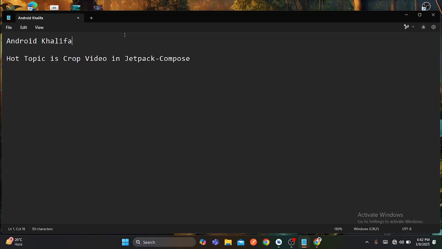So today's hot topic is cropping video in Jetpack Compose without a library. Without a library. There are libraries available, and you can take references from the ones available on GitHub. One popular library for that you can use is